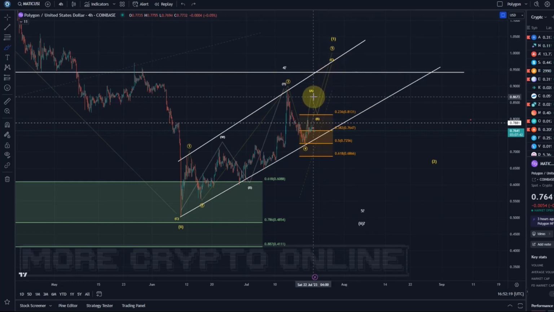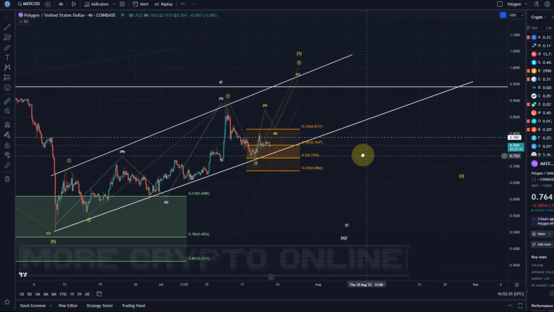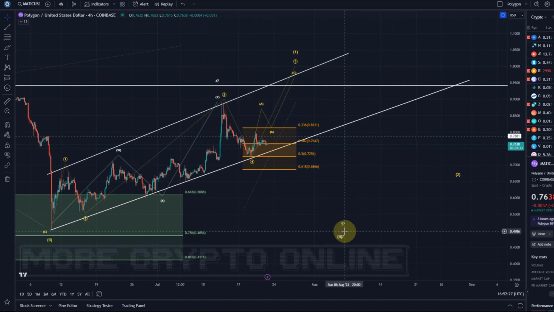The idea is that there is a chance at least, and it's fairly likely, but there is also the alternative, which is also likely, unfortunately, because it is an ambiguous count at the moment. It's an ambiguous structure. It leaves a lot of room for interpretation. That's why it takes a long time at the moment to explain these altcoin charts, because some people just think it's so easy to say, okay, price will go up or down. It's not. Not in the current market.